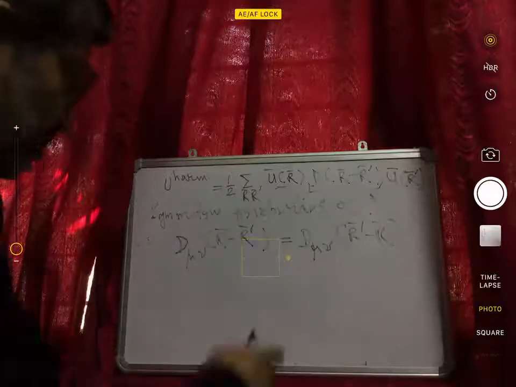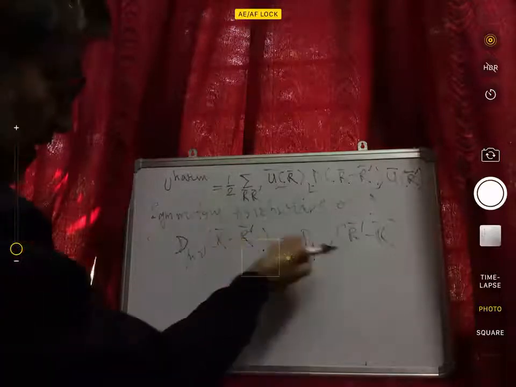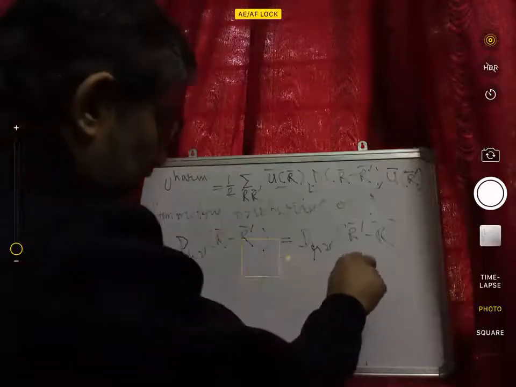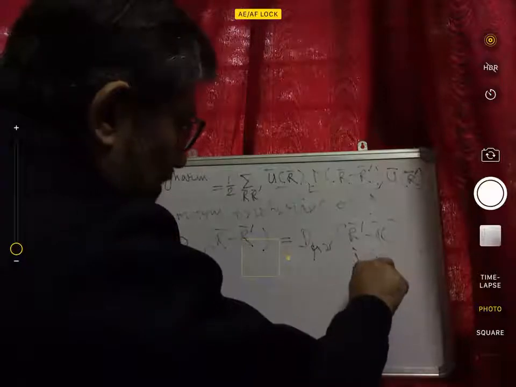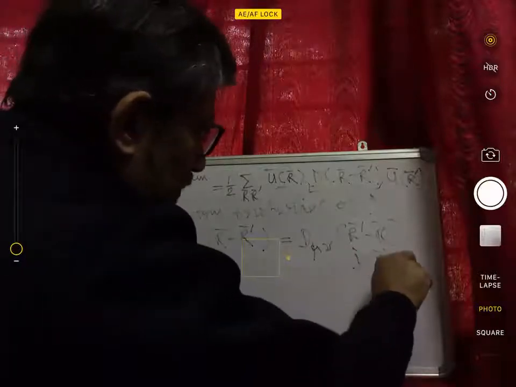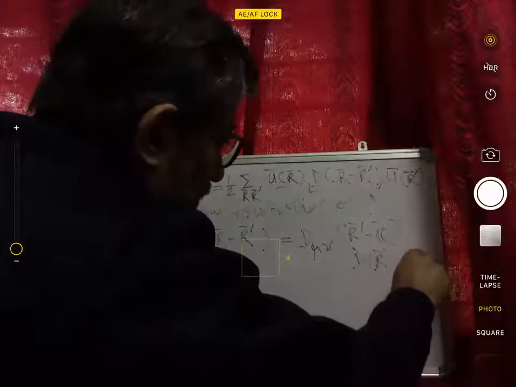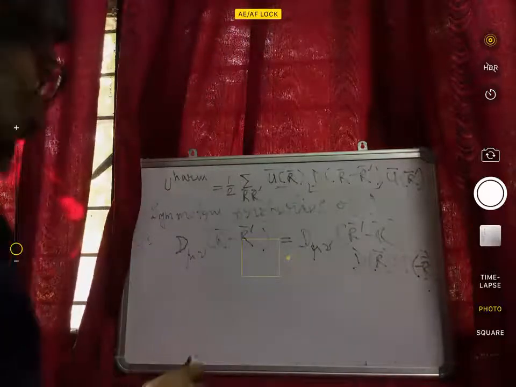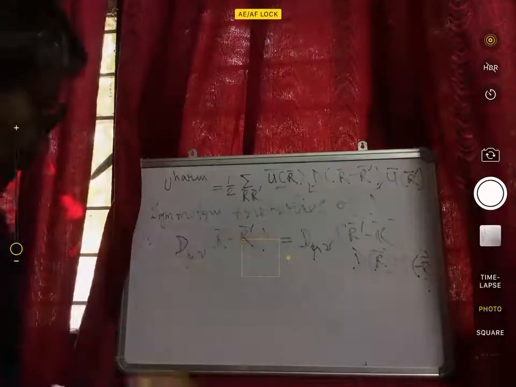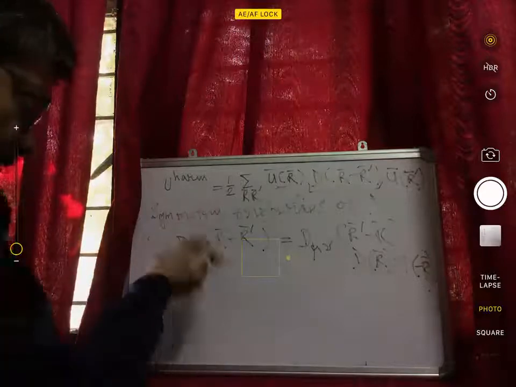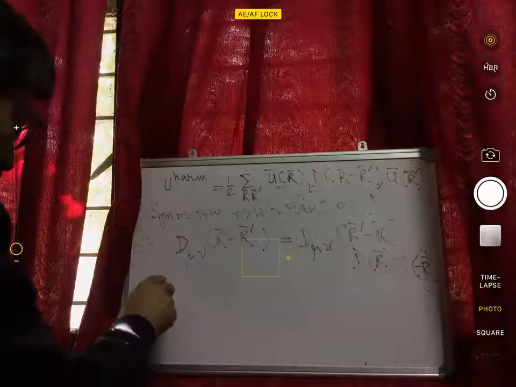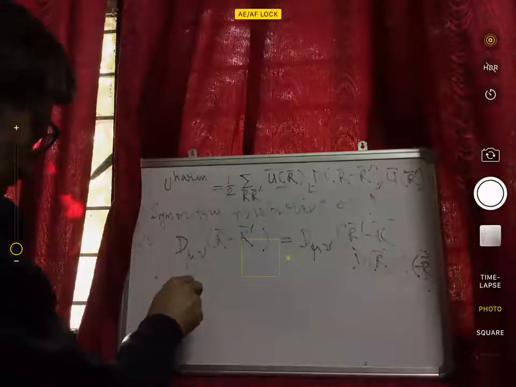Okay, so the second point is that if we interchange R and R prime, this basically means that D of R is equal to D of minus R. So how do we get that? Again, this follows from the fact that D's are related to the second derivatives of the total energy, and secondly, if I have a crystal,